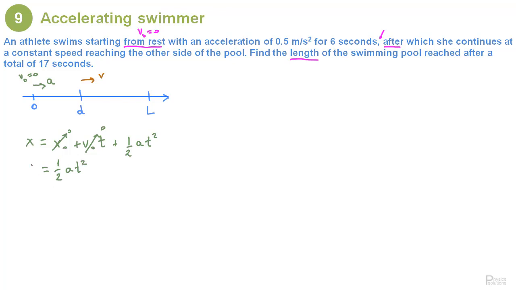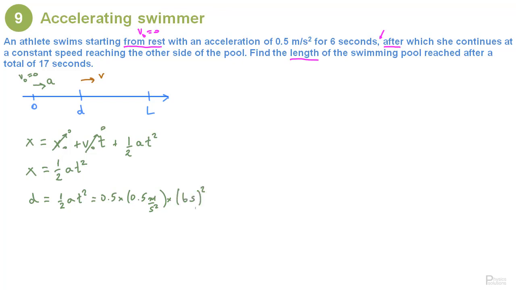So this expression here is x. This expression is valid at any time before t, of course, switches from acceleration to uniform motion. We call D the point where this change happens, and we know that this happens after 6 seconds. In other words, when x is equal to D, we have 1/2 a t squared where t is equal to 6. So we can write this as 1/2 times the acceleration, which is 0.5 meters per second squared, times the time, which is 6 seconds